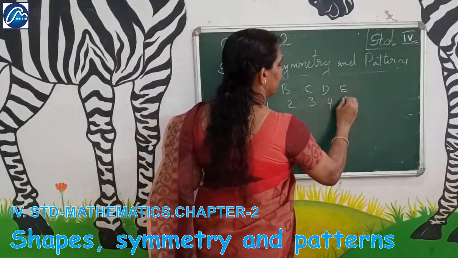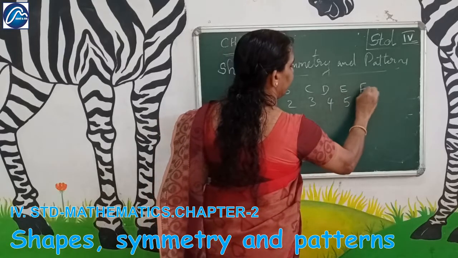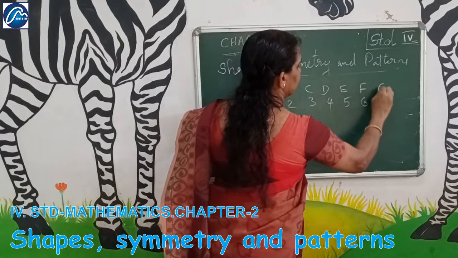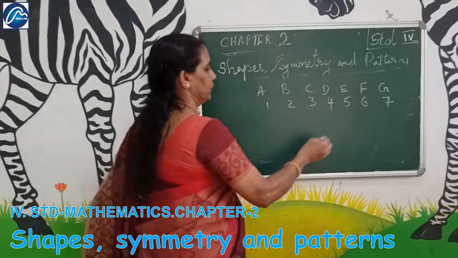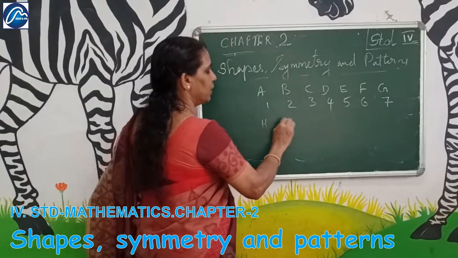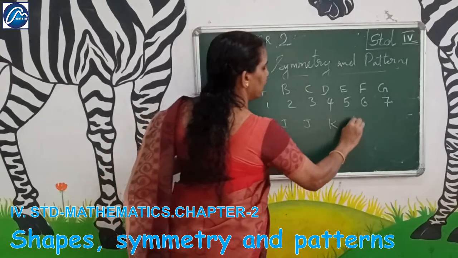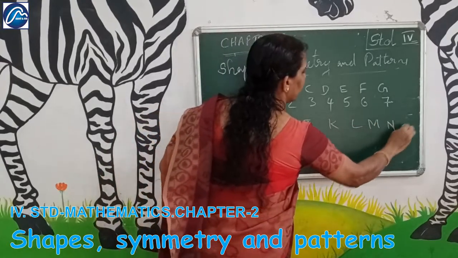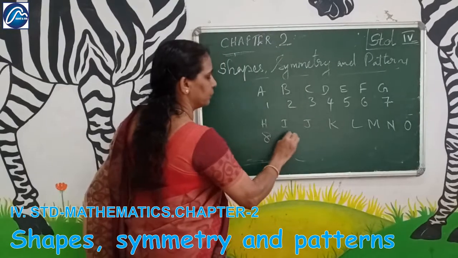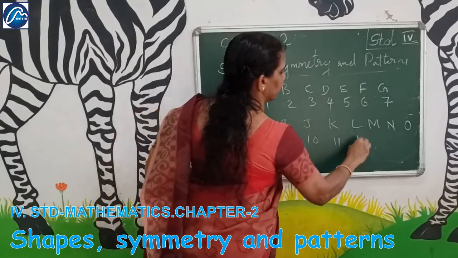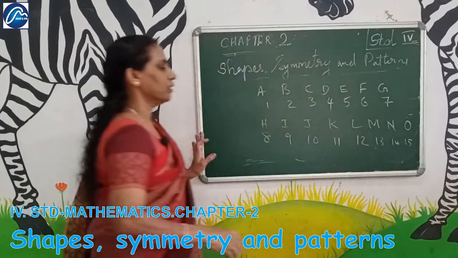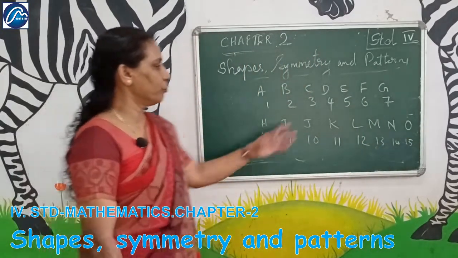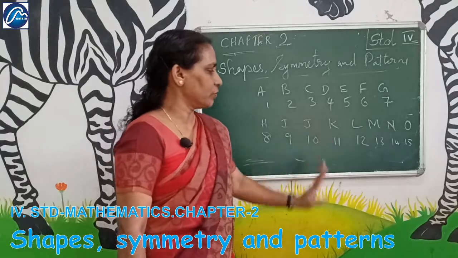E, F, G, H, I, J, K, L, M, N, O, like this. Okay, it will follow 1, 2, 3, 4, 5, 6, 7, 8, 9, 10, 11, 12, 13, 14,